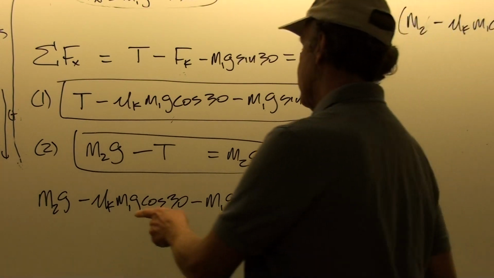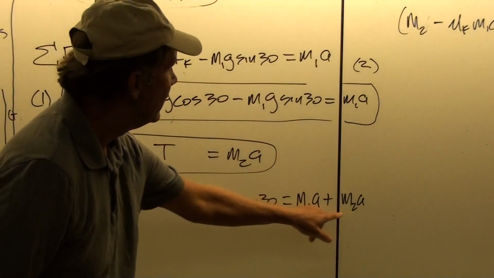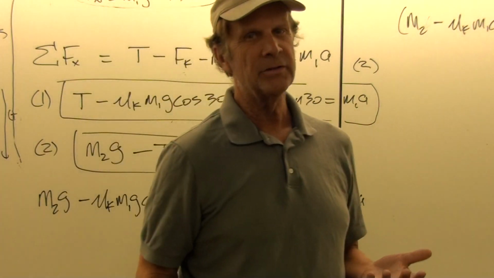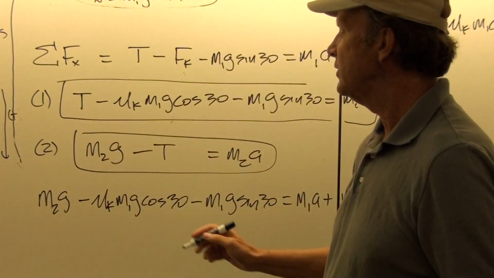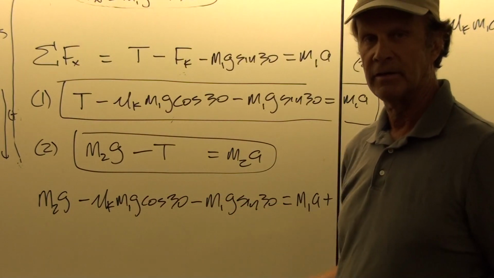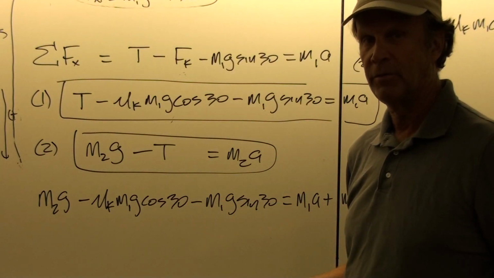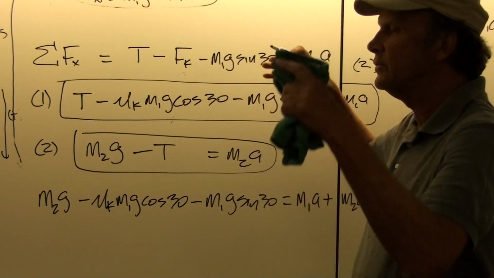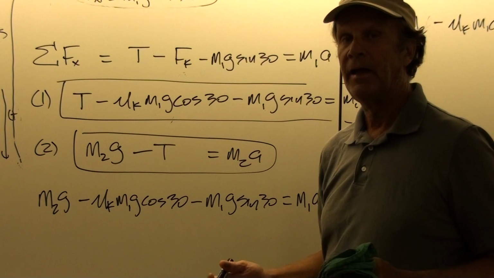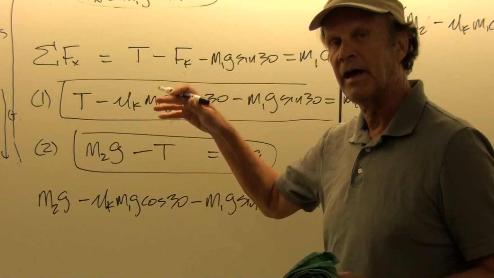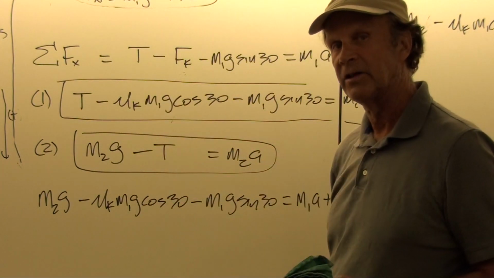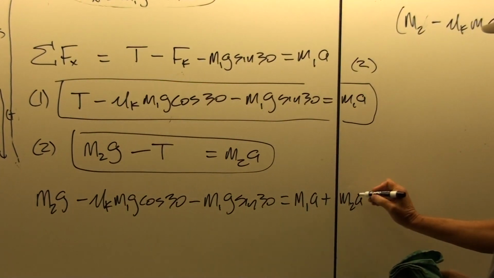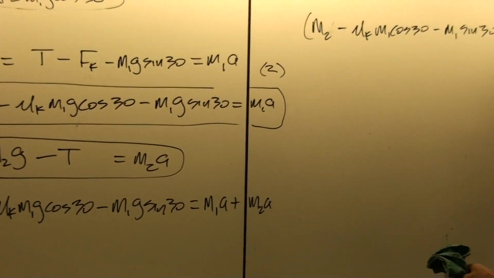Now some people will go in and they'll just plug in numbers right here and then try to solve the thing out. That's okay to do that, but the problem with doing it that way is that when you want to check your work, you'd have to go through every little calculation that you did. And so most people won't want to do that on a timed exam. So if you do it this way, you can work things down to one final step and then just check that one step and make sure the numbers went in, and you can check the algebra up to that point. So it gives you an opportunity then that you might not take otherwise to check your work.